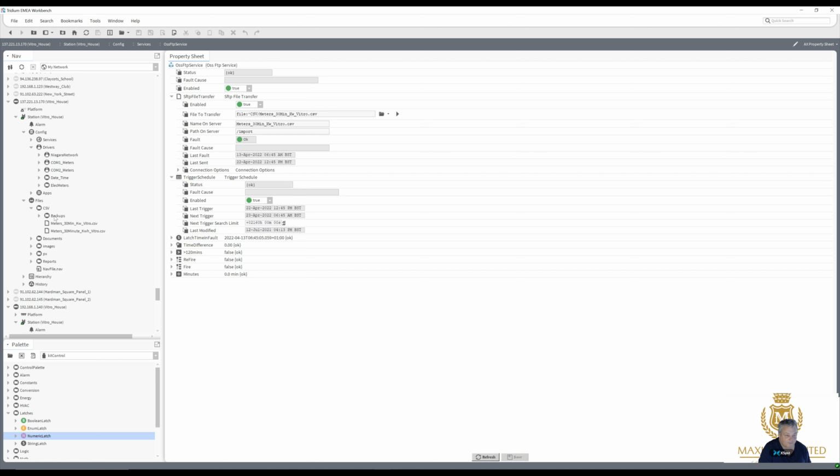I'm not going to open backups because there's lots in the backups, but this is the 30-minute kilowatt, so every 30 minutes it logs what kilowatts have been used, and this is the 30-minute kilowatt hours, so it logs every 30 minutes the kilowatt hours that are being used. If I close that down and go back to my local station,